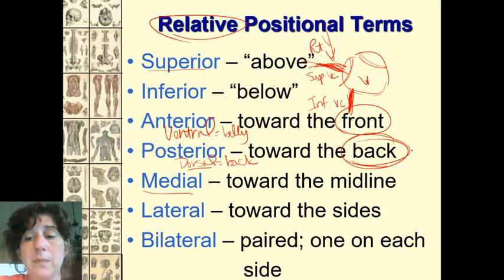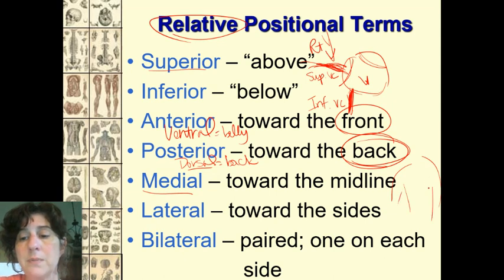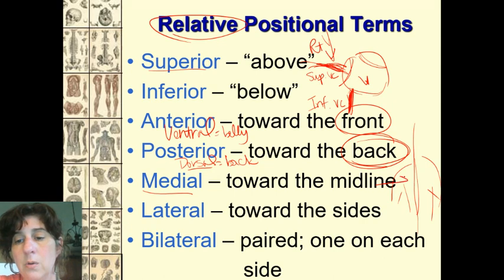Medial just means towards the midline. So as I'm dealing with a person here, here's their body with the arms coming down. Anything going in towards that center line is more medial. And again, it's still a relative position. So the heart is medial to either one of those lungs. So here's the lungs here, right?